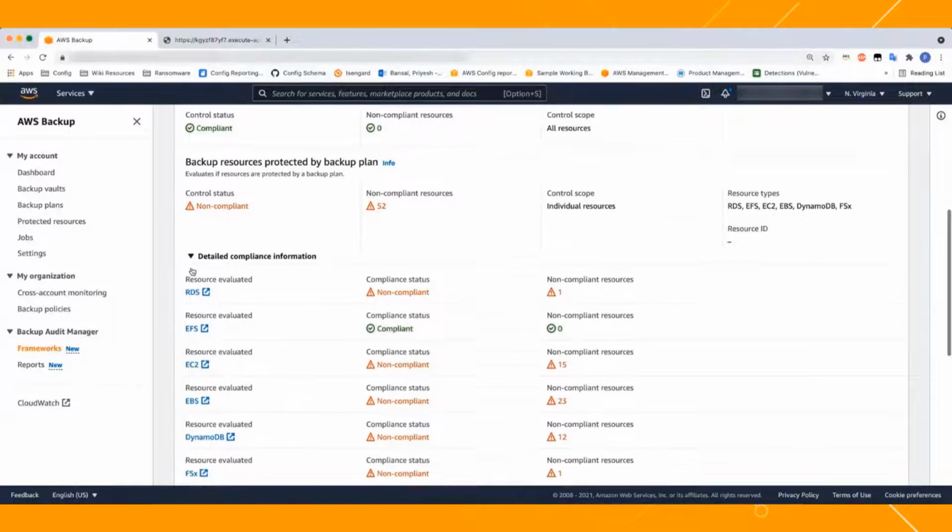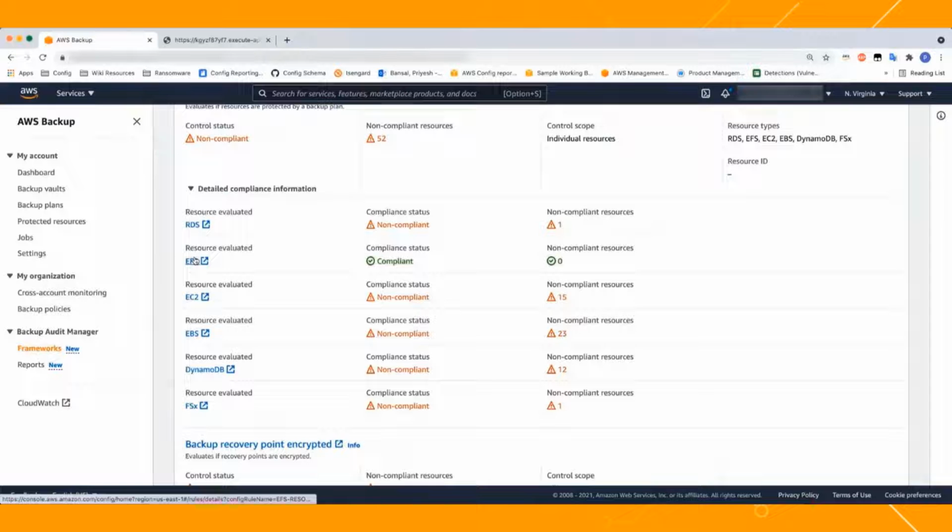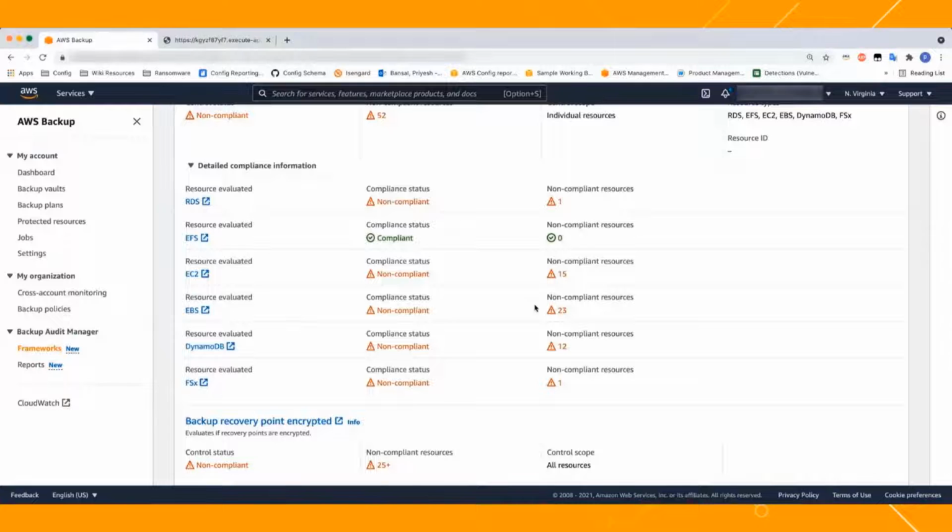So if you expand it, you can see that I have a breakdown of my resource coverage by resource type. So here, as you can see, I have one non-compliant RDS instance, which tells me that there is one RDS instance which is not covered by any of my backup plans. Which tells me that backups are not enabled for that RDS instance. Similarly, you can see that I have 15 EC2 instances, 23 EBS volumes, 12 DynamoDB databases, and one FSx file system. Now, to check what these resources are, just click on the resource name